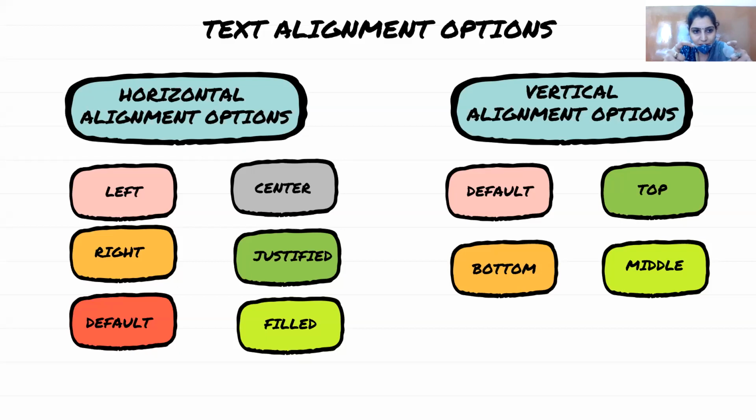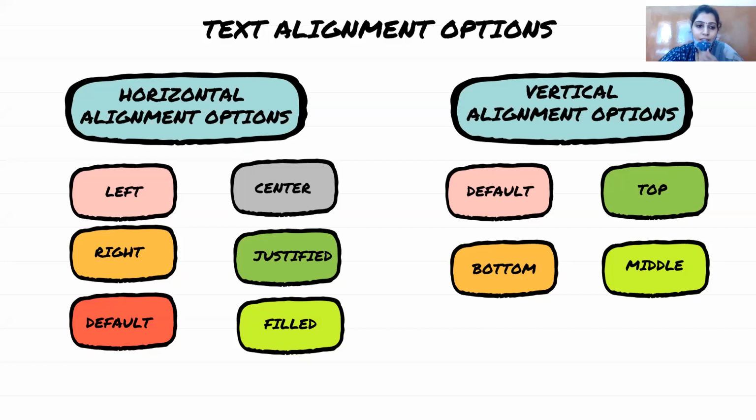Similarly, when the content is in a cell and you are aligning the text, right alignment will align it towards the right border of the cell, that means the right side of the cell. Center means it will be in the center of the cell, with space from the left side and from the right side also. And justified means it will take both borders, the left border and the right border. These cases are the same as what we do in Writer also.